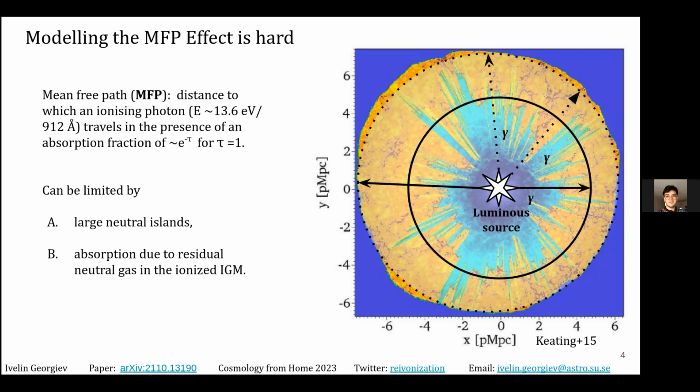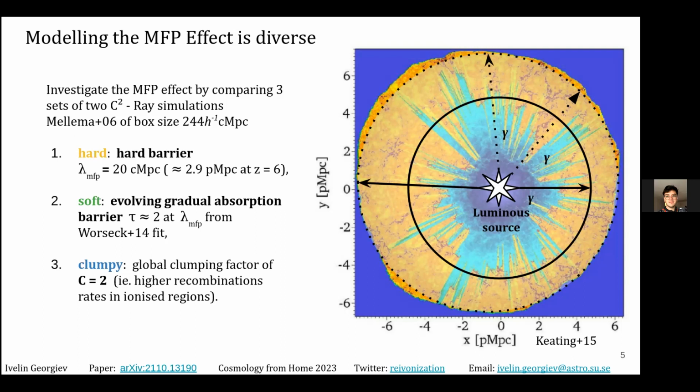And quite often, we want a mix of both. We want very large simulations of around 500 h inverse comoving megaparsec, and we want many of them to match our future observations, but we also want a very fine grid in order to resolve these. And that can prove to be quite difficult. So in fact, what we do is we introduce this effect B into our simulations, and this has been done in the field in many different ways.